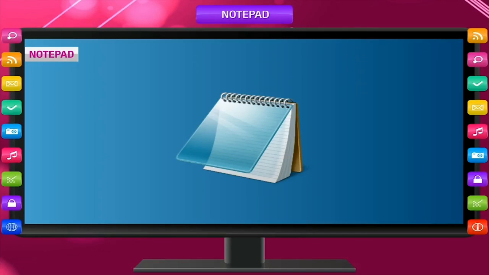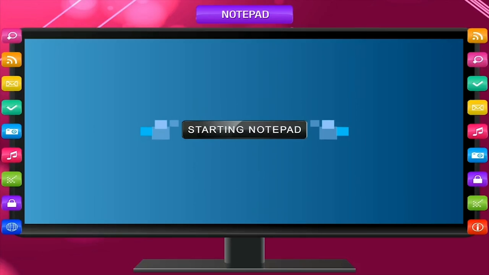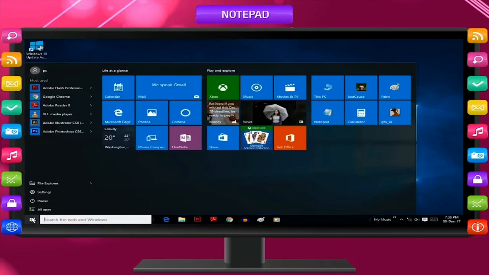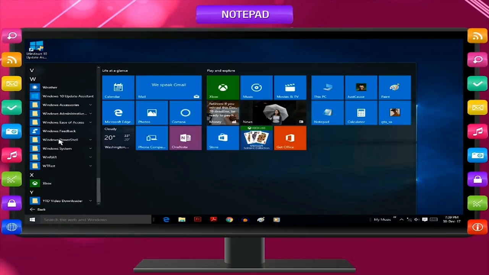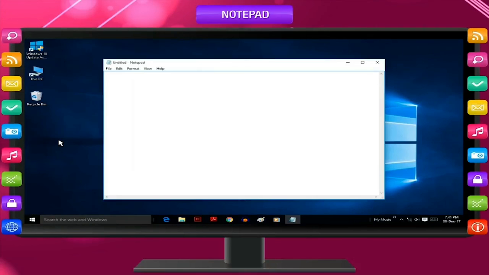Dear students, let's study how to open Notepad. To open Notepad, first you need to click on the Start button. Then select All Apps and select Windows Accessories. Then click on Notepad. Now a screen appears on the window.